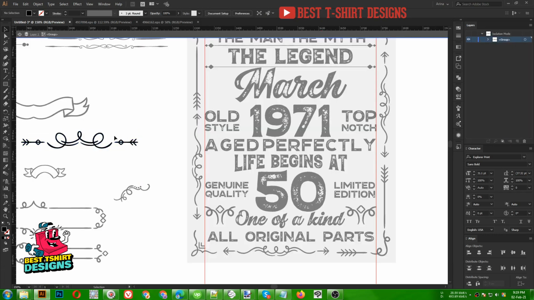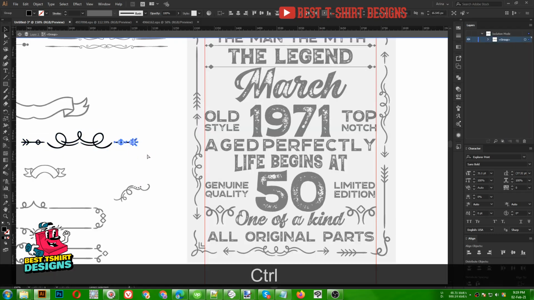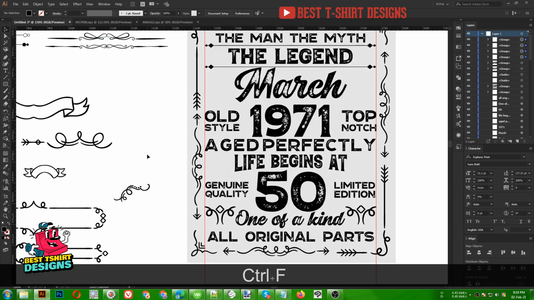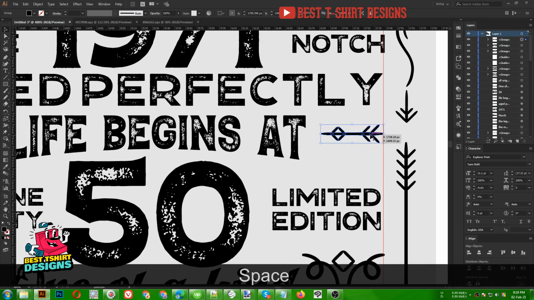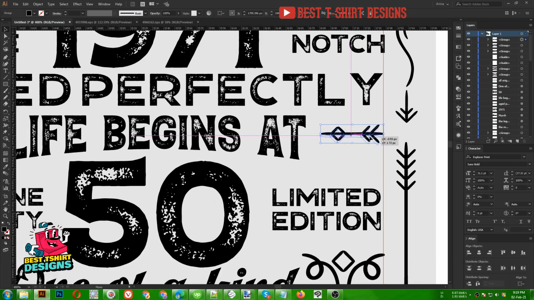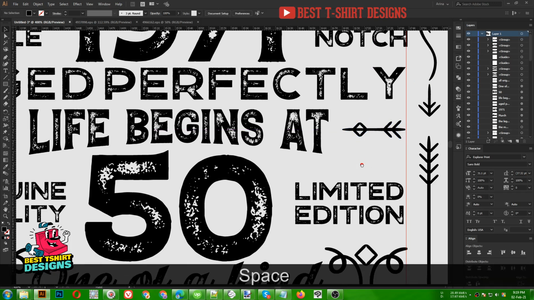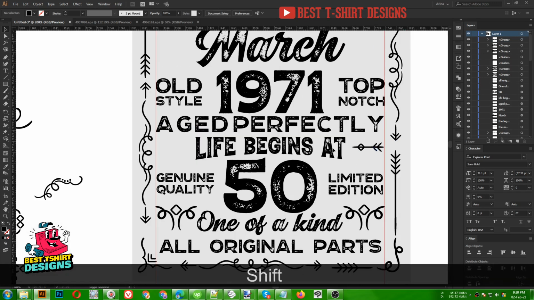Okay. So I need to select it, Ctrl X to cut, Ctrl F to paste where it was, group it, then I'm going to place it here. This is going to be in the center position of that text. This is just to fill this area, because this is a very decorative design, so we need to make sure